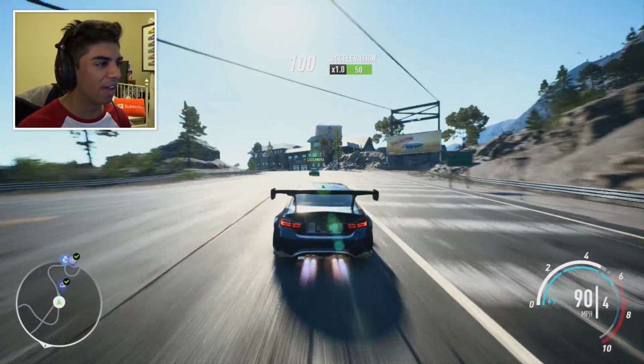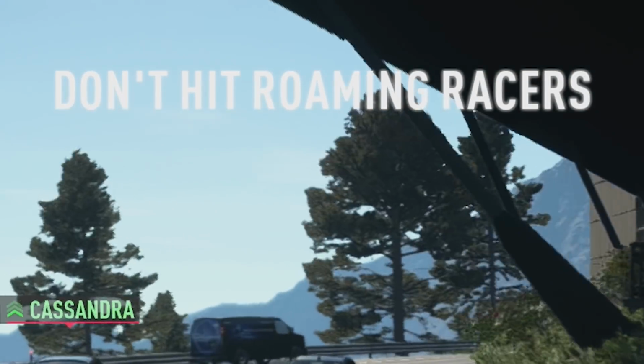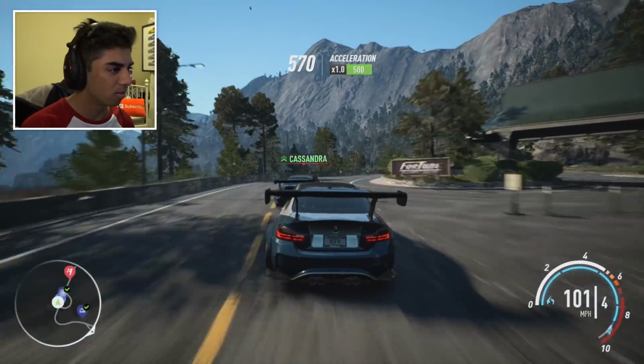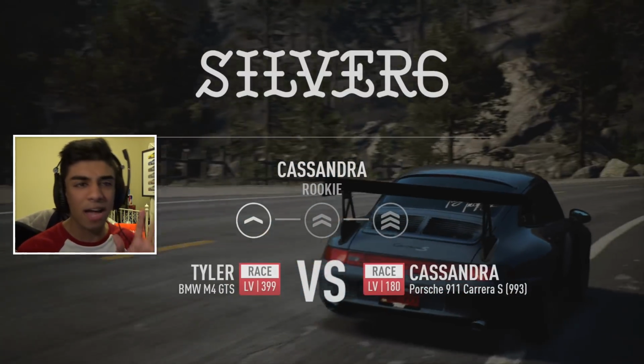Right, so we've got Cassandra here. She is in a level 180 car. So at really low end, we are definitely going to be... Don't hit roaming racers! I didn't even know that was a thing. What happens if I hit her? Nothing happens. Right then, but anyway, if we go ahead and press RB, as long as you're on the canyon,